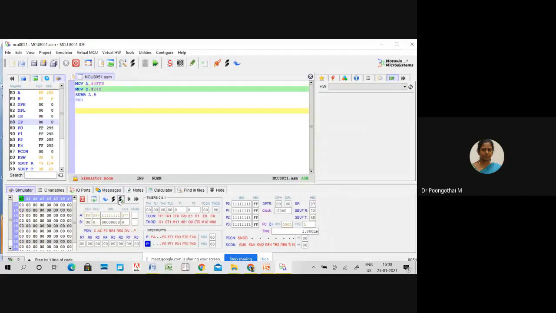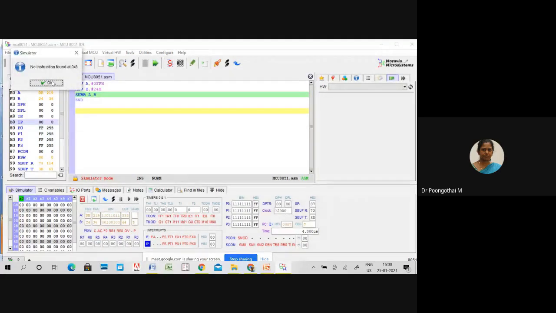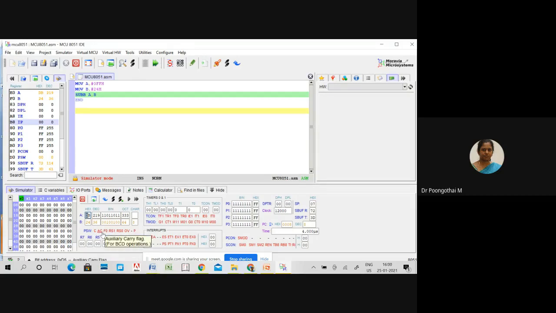First, according to the first instruction, A is loaded with FF. Next, the B register is loaded with 24. After subtraction, your accumulator holds DB, and your carry is reset and auxiliary carry also reset to indicate that the result is positive. Is that clear?